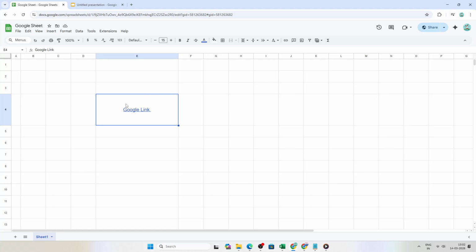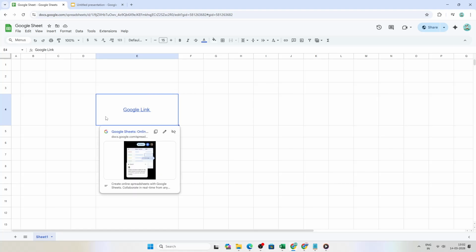Start by opening your Google Sheet. Once it's open, click the cell that contains the link you want to rename. You'll know it's a link because it usually appears underlined or shows a small preview when selected. Renaming the link doesn't change where it goes. It only changes the text you see in the cell, which keeps your sheet tidy and more understandable at a